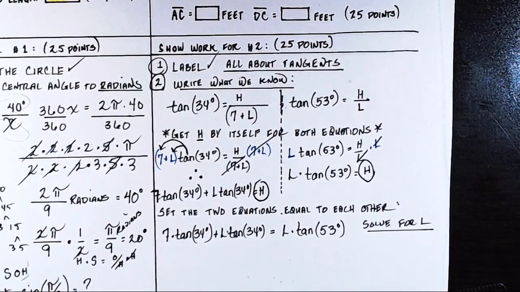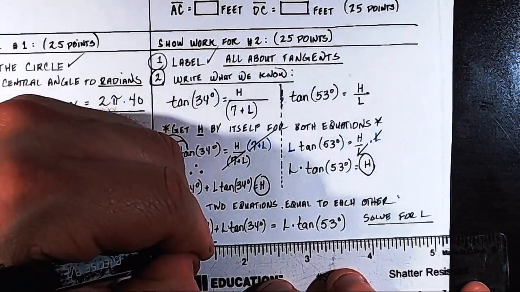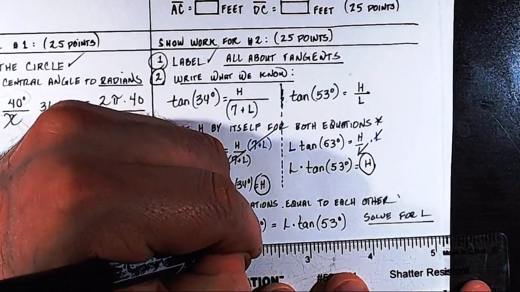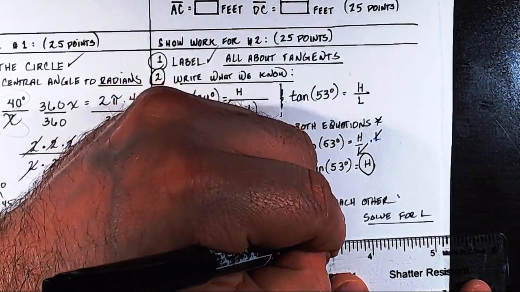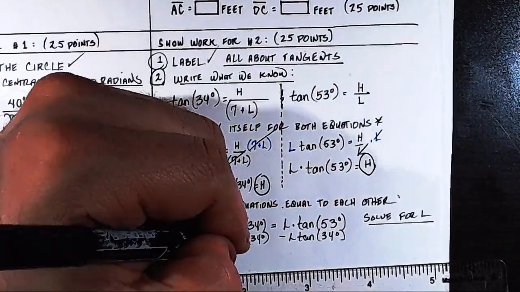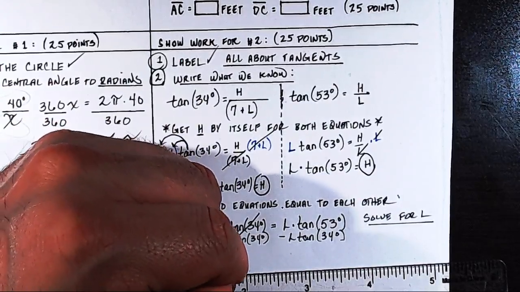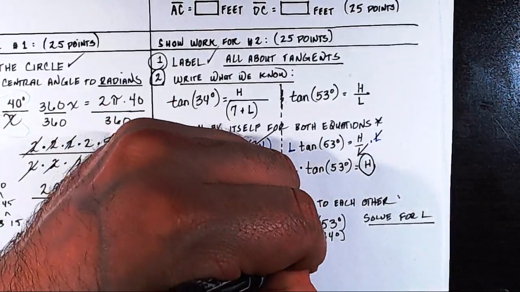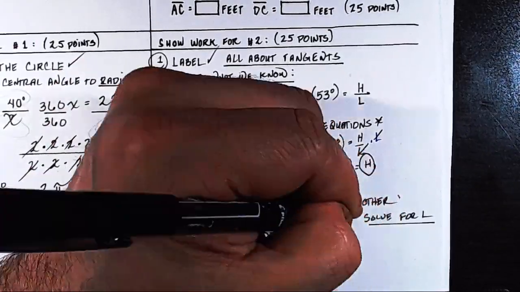Okay, so if I want to get L by itself, I need to get both terms that have an L in it over on the same side. So let me just move this guy over, L tan 34 degrees minus L tan 34 degrees. Notice that they cancel right there. And I've got here 7 times tangent of 34 degrees equals L times tangent of 53 degrees minus L times